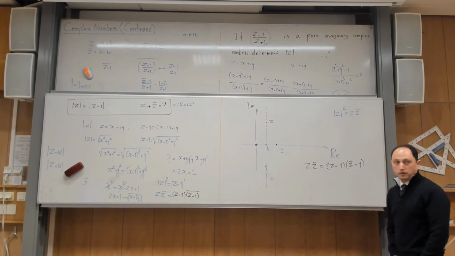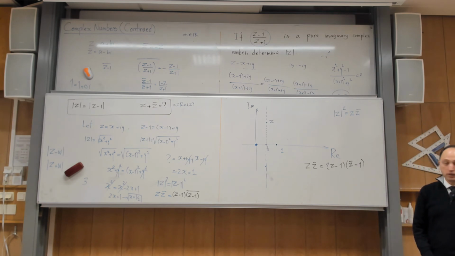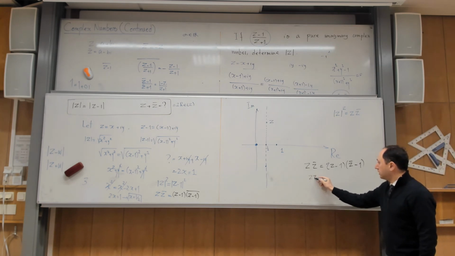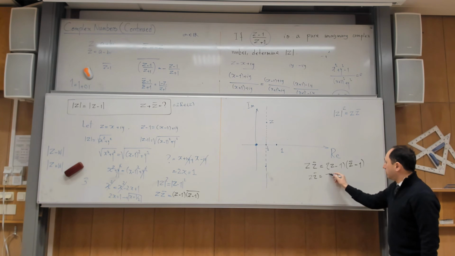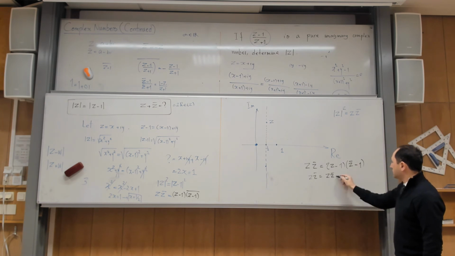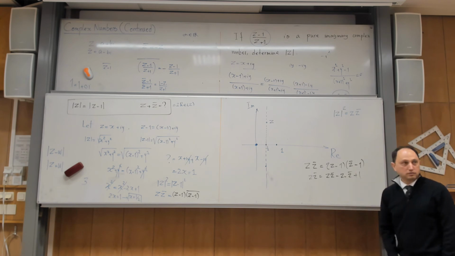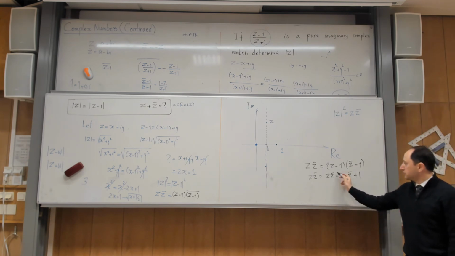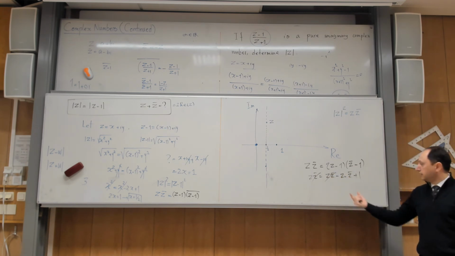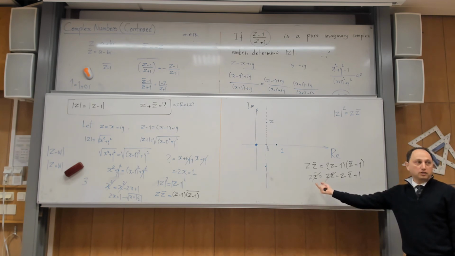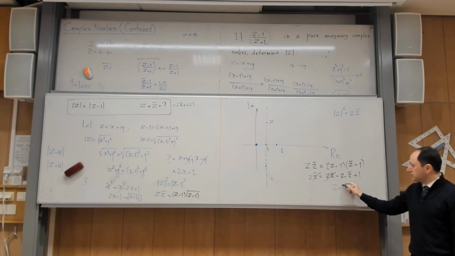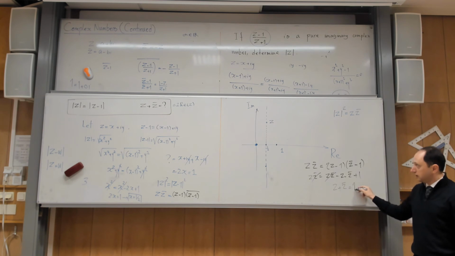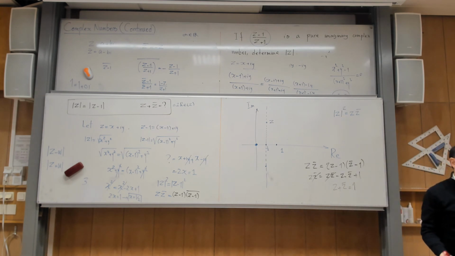But 1 bar is what? Yes? And then what you do, you multiply z bar, z minus that one. This is minus z bar, and that's positive 1. That's a very, very nice solution, because whatever this is gone. And then you move these two to the other side. It becomes z plus z bar is 1. And that's exactly what you want.